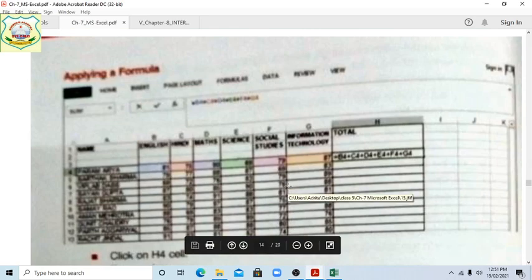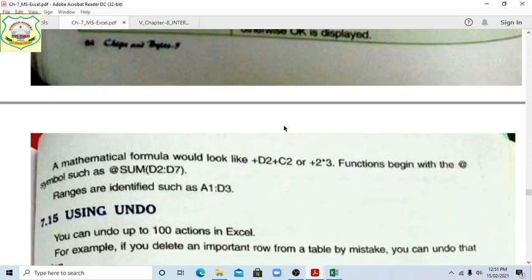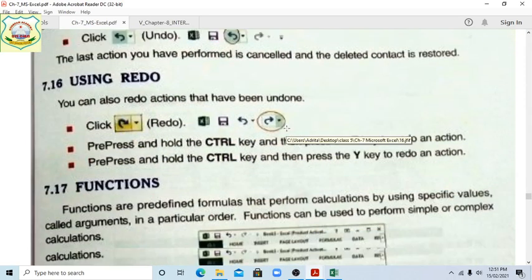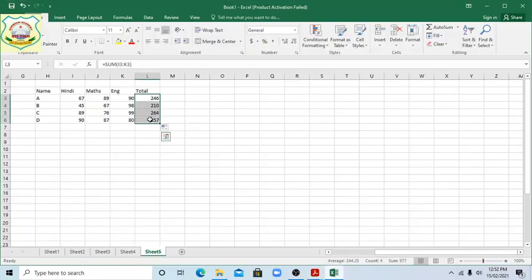Okay, applying a formula, just now we have told the same thing. And using the undo and redo function, students, you can see here, suppose we have deleted, the date option we have used. Now if you press Control Z, see students, all the values have come back. If you want to replace it again, Control Y, again gone. If you want to call Control Z, okay, Control Y is for whatever you have undone by Control Z. If you want to redo it, you have to use Control plus Y. Okay, so this way you can do it, students.